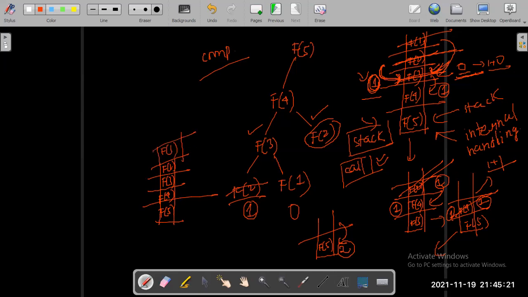Computer has to allot some memory to keep these function calls inside a call stack. And this call stack memory too takes some part in space complexity.